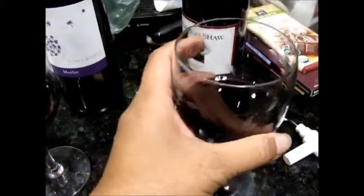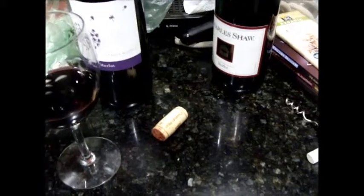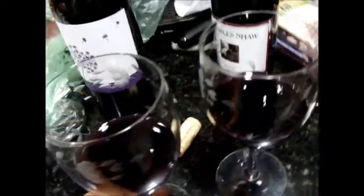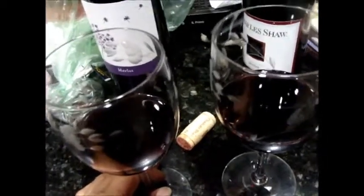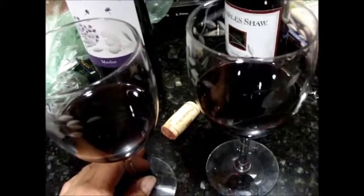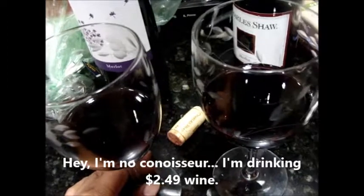Okay, 3 Wishes. Charles Shaw. So, for $2.99 or $2.49 wine, whatever it is, definitely Charles Shaw Merlot wins over 3 Wishes Merlot. It's got a richer taste. You know, I'm not a wine connoisseur, but one is...